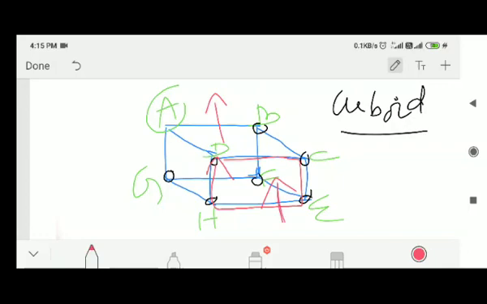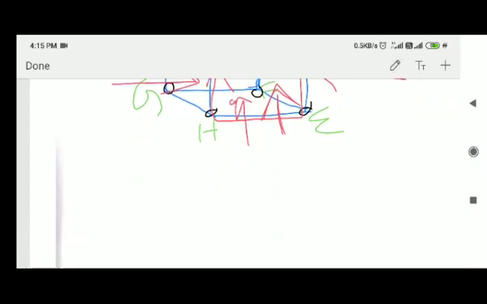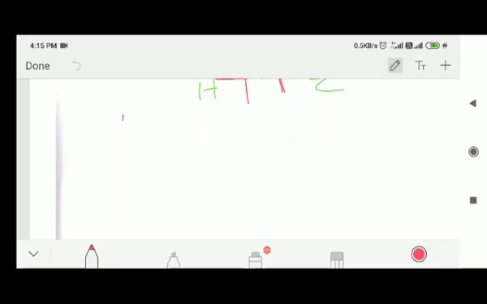One is the forward face, another is the backward face. One is left, this is right. Similarly, from the down surface is GFEH, another face. So down face, and this is the up face. So how many faces are there in case of a cuboid? F for faces: 6 faces are there.